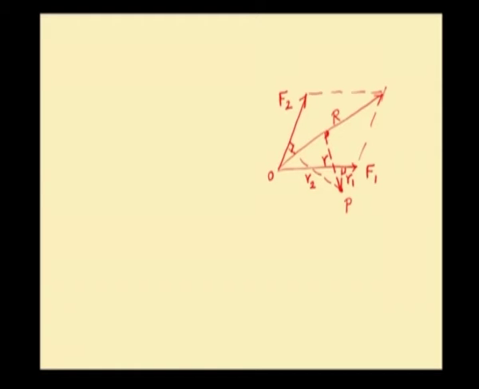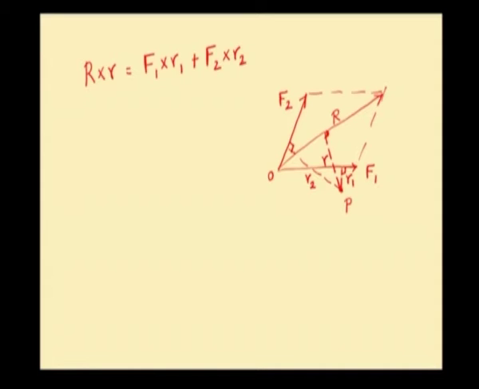According to Varignon's theorem, moment of resultant of all forces about P, here the resultant is capital R, hence the moment of resultant about P will be capital R into small r. Moment of resultant of all the forces about P will be equal to algebraic sum of moments of all forces about P. Algebraic sum of moments of all forces about P will be F1 into small r1 plus F2 into